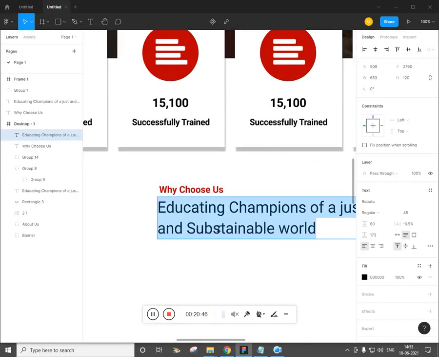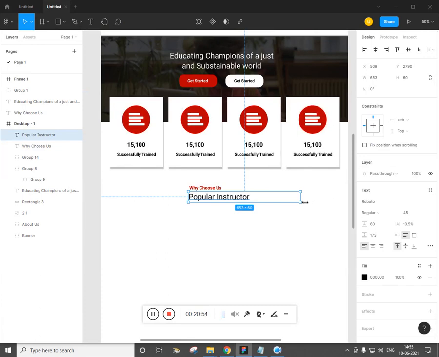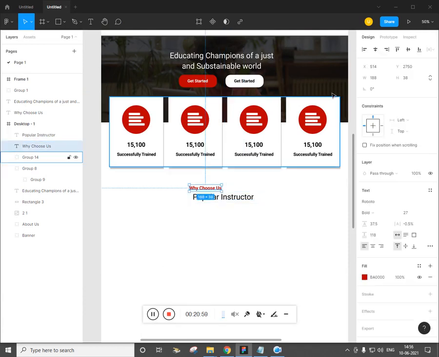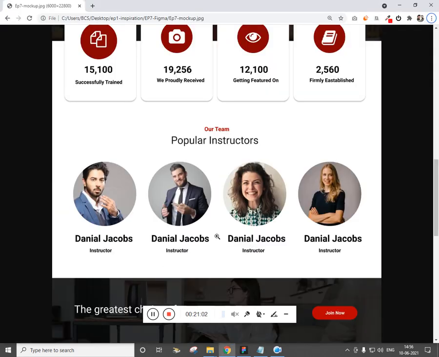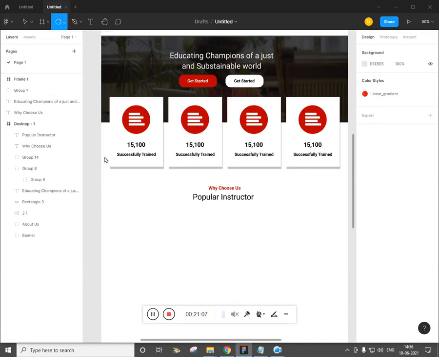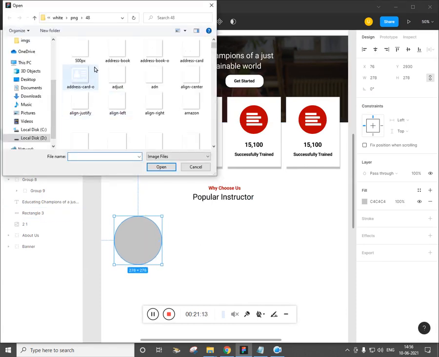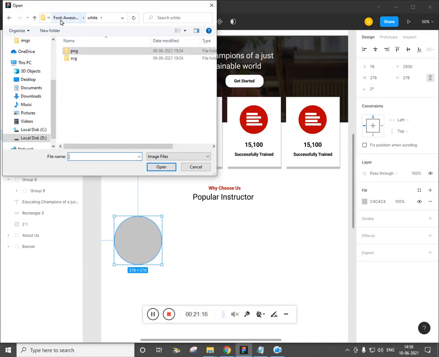So, popular instructor, I will choose the subheading as it is, text align center, and now create a circle, and place the image, get into the desktop, and we have the image of a guy.